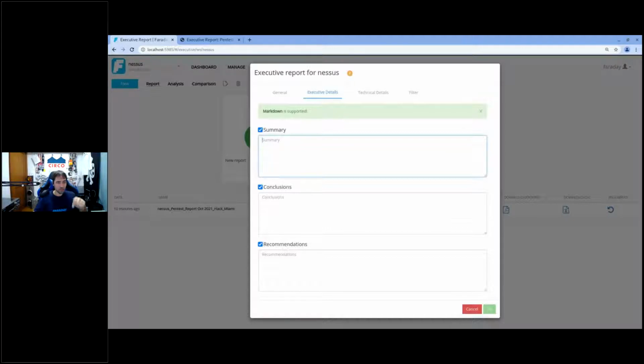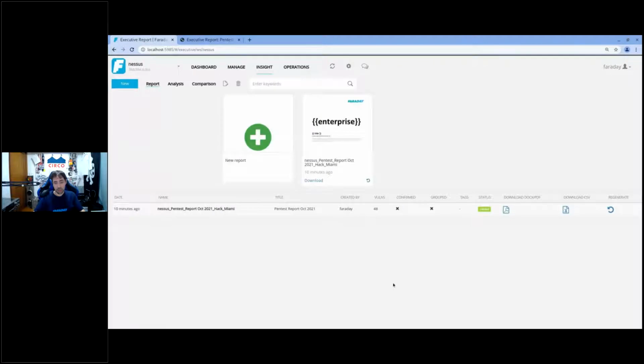Okay, that's a very good question. The way that I'm showing you the GUI, right? In the GUI, yes, this is human interaction mainly. You actually write this stuff manually. What you can do is automate that writing, but you do need to have a template of what you want to write in it. Like, if all the pen test reports are going to have the same summary, or maybe some tags you can replace, some logic in it, you can definitely script that, because we provide you a CLI, which I'm going to show you now, that allows you to generate reports through the CLI. So that summary is most likely